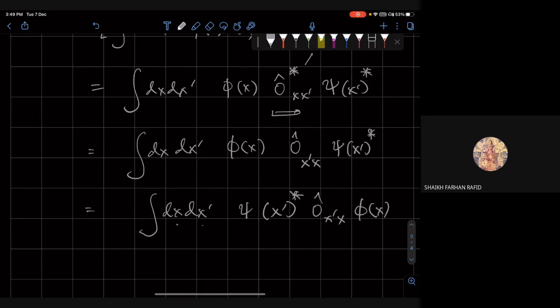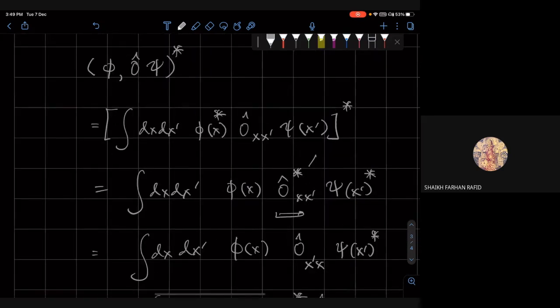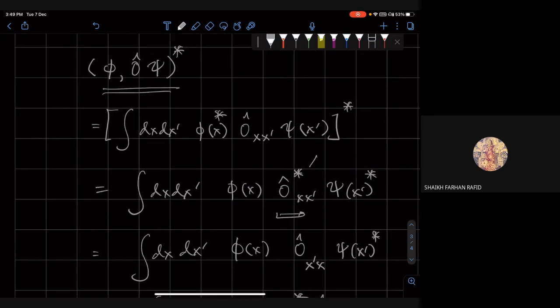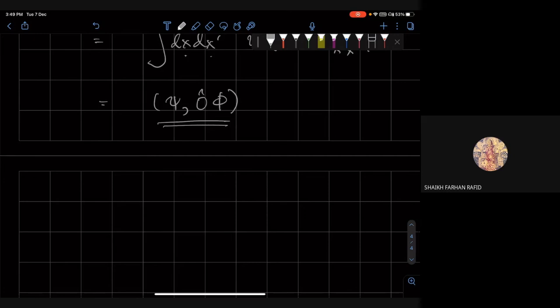But x and x prime are just dummy variables, right? So I can get rid of the primes here and put primes here because they're just dummy variables. So that means that this is equal to psi O hat phi. So thus we see that, for a Hermitian operator, it has to satisfy this relationship. And now if I take as an example for O, say the momentum operator, which is h bar by i del by del x,